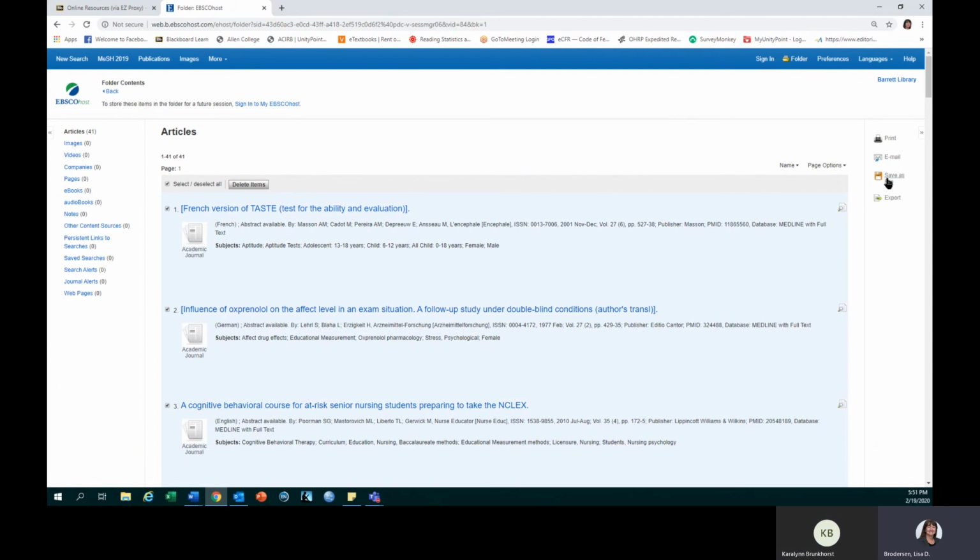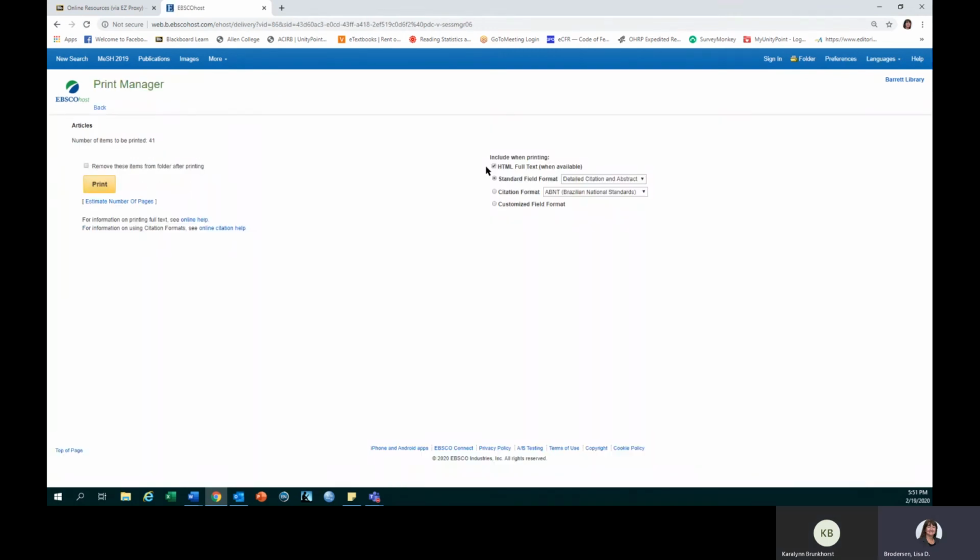Okay, so I'm going to select all those. And then here's the other option. You can print your records. This is all happening in the folder. Okay, and then you can say what you want to include when you print. Well, right now I just want to include